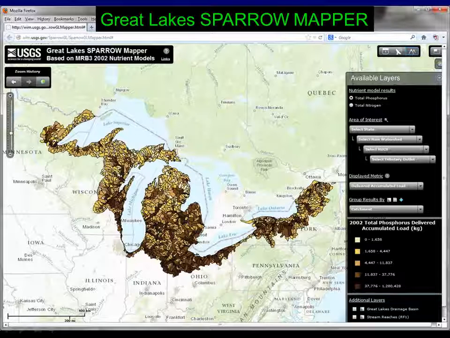This is saying that this is where the high loads or yields are coming from, but it only gets you so far. For BMPs, we have to fool the model to simulate it. So if we wanted to say, what is the effect of, let's say, a BMP like a buffer strip or a cover crop, what I have to do is go into the model and say cover crops have a 28% efficiency. So what do they affect? They're going to affect my fertilizer, manure, and this. I have to go into my inputs and change each one by that percent and then run the model.